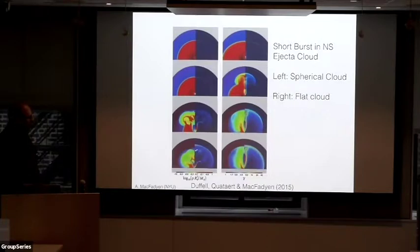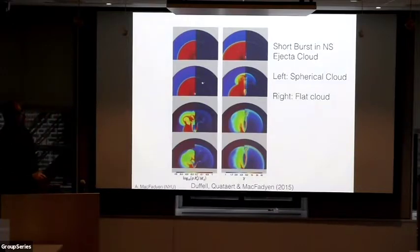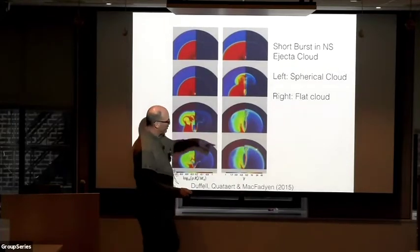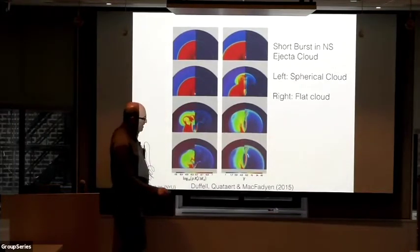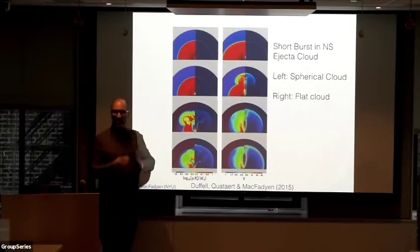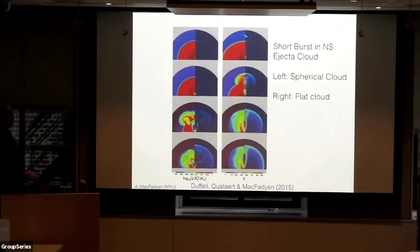And so before the neutron star merger was detected by LIGO, we had already looked at neutron star ejecta clouds and already looked at how jets propagate through them. And we find, it's really hard to see in this picture, but this ultra-thin shell of material, you can already see that there's a kind of a shock wave in multiple directions. And the idea here was that the shape of the ejecta cloud can affect how well a jet is focused hydrodynamically as it propagates through the ejecta cloud. But from this, what we didn't do is calculate the...